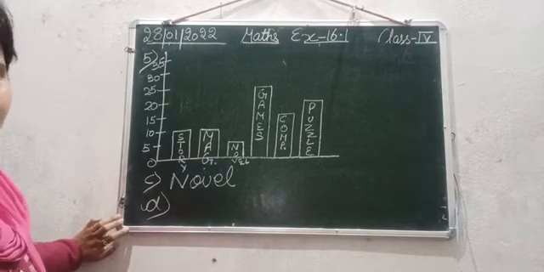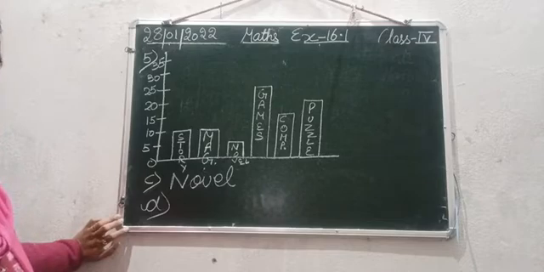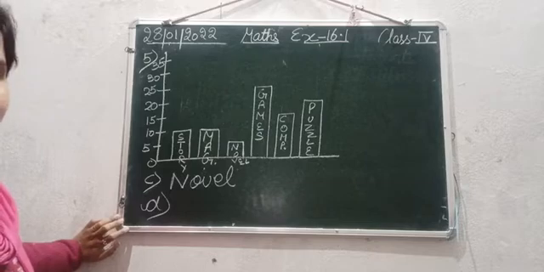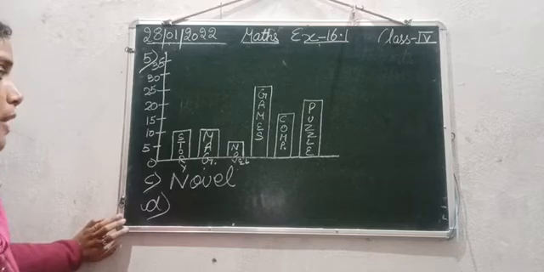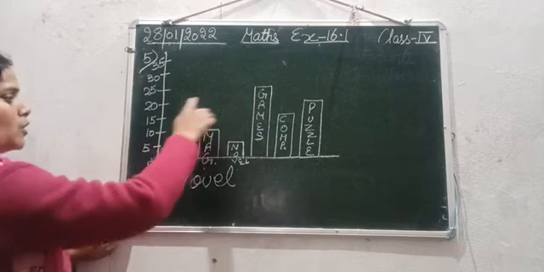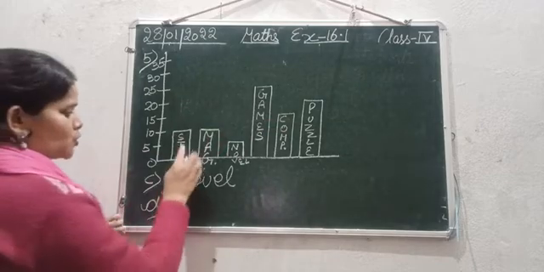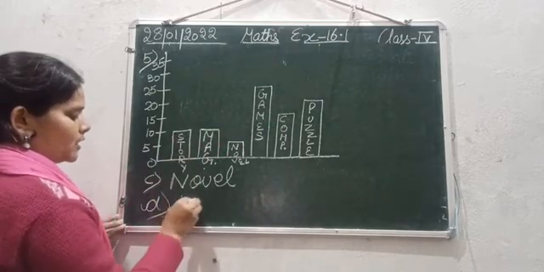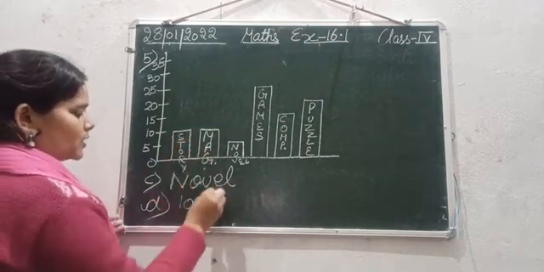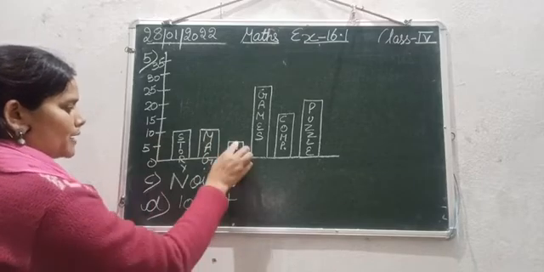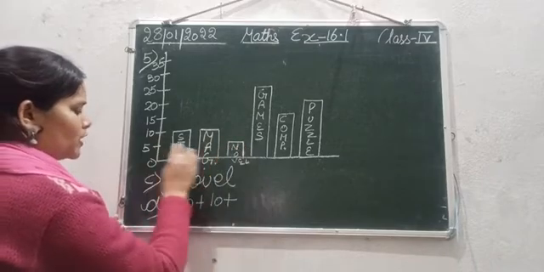Moving next to D1. How many students are there in the class? So we need to find out how many students are there in the class. Again in this question as well, we need to add the total number of students from the graph. Story book, that is 10. Magazine, that is also 10. Plus the number of students who have borrowed novel, that is 5.